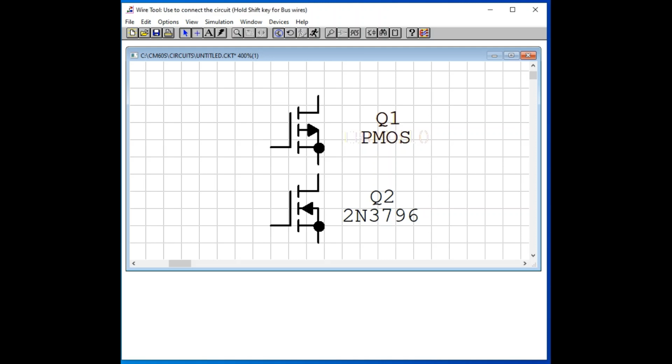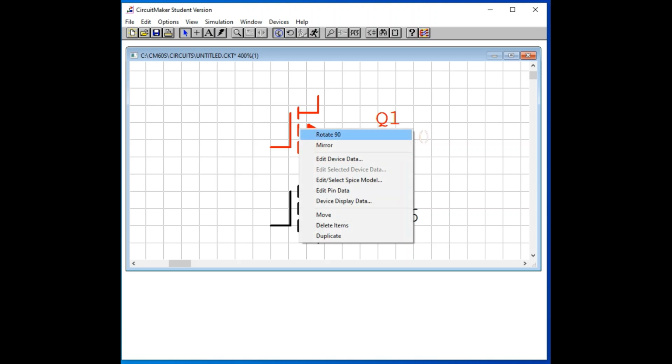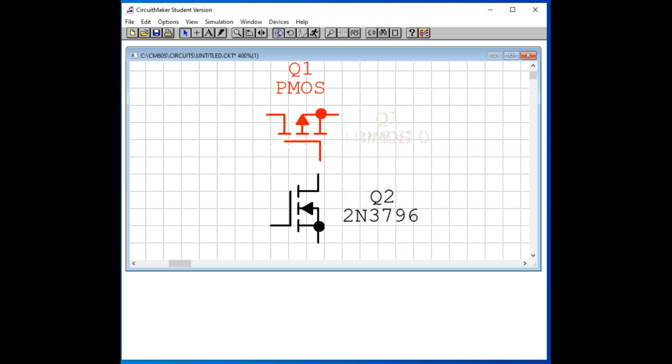Then we can connect them through wire. But wait a minute. You see here, this upper terminal is the drain, lower terminal is the source. And in PMOS, this is the source and this is the drain. So it has to be flipped, right? What we can do, we can rotate by 90, but its facing is opposite side, so we can mirror it.